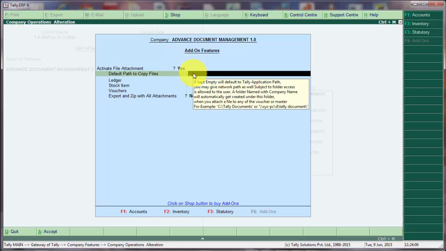This folder will be used as the parent folder where all the files will get nested properly. ADM 1.0 will automatically create a folder with company name under this folder. On attaching the first file, user may set any path, even shared or cloud folder, subject to sharing permissions for the said folder. If no path is given, then by default ADM 1.0 will point to the application path of